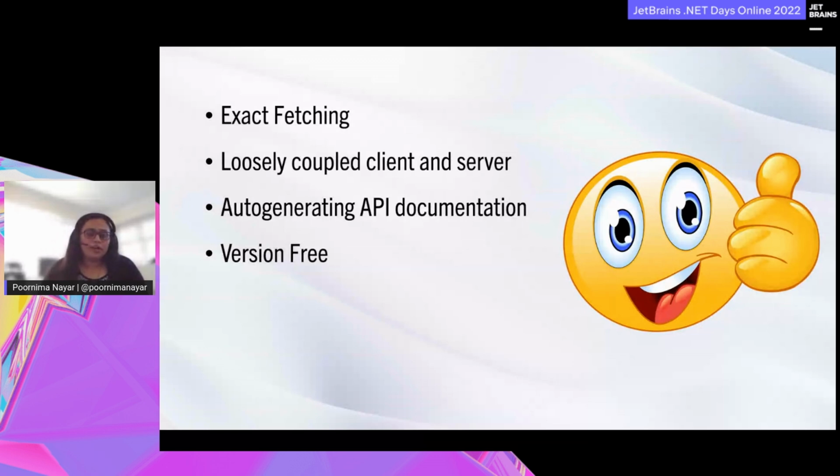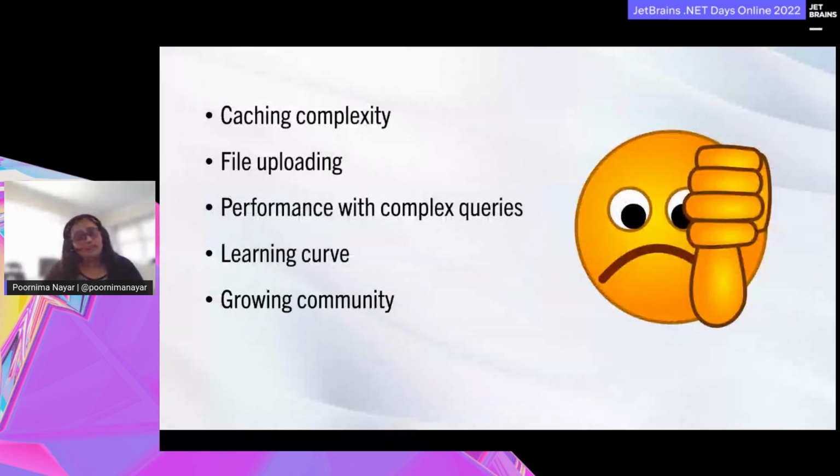Your API is regarded as version free with GraphQL, which means none of the headaches with REST come in with GraphQL on that front. But we have caching complexity. We need to be careful about file uploading. But I know that Hot Chocolate has tackled this, and there is a video on the YouTube channel on how to perform file uploading